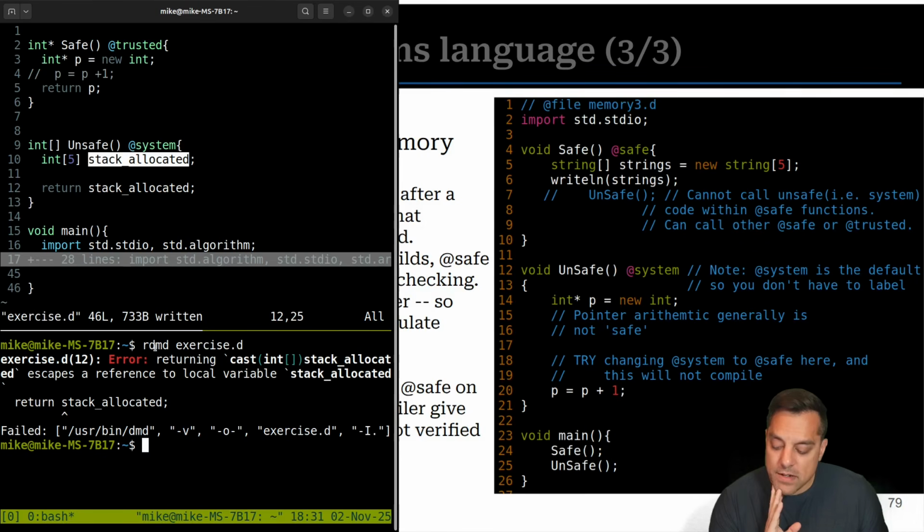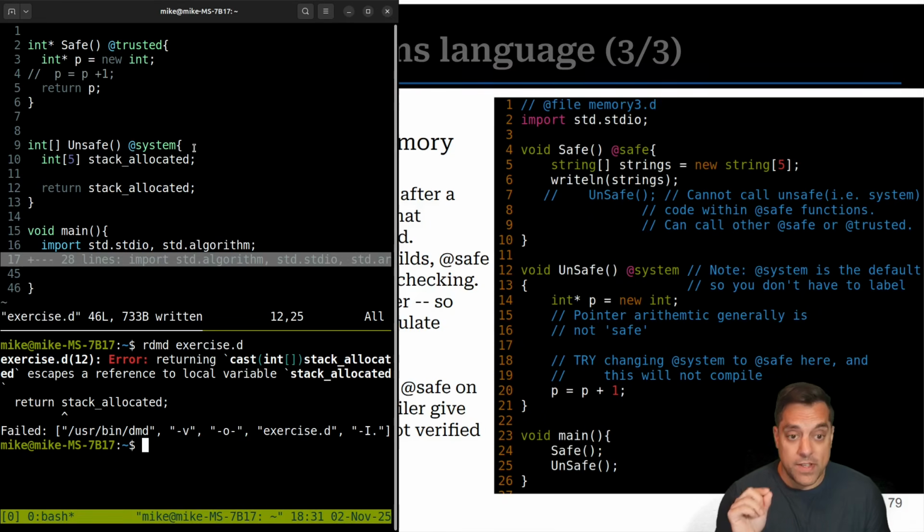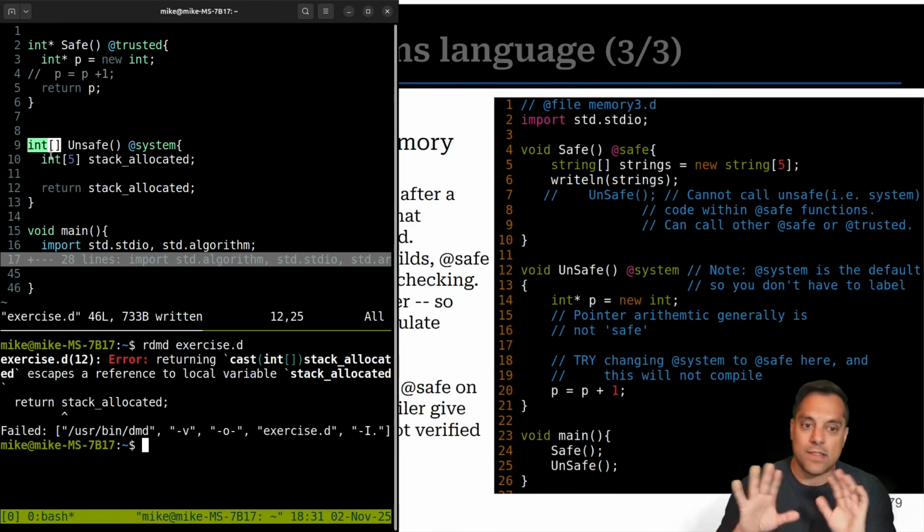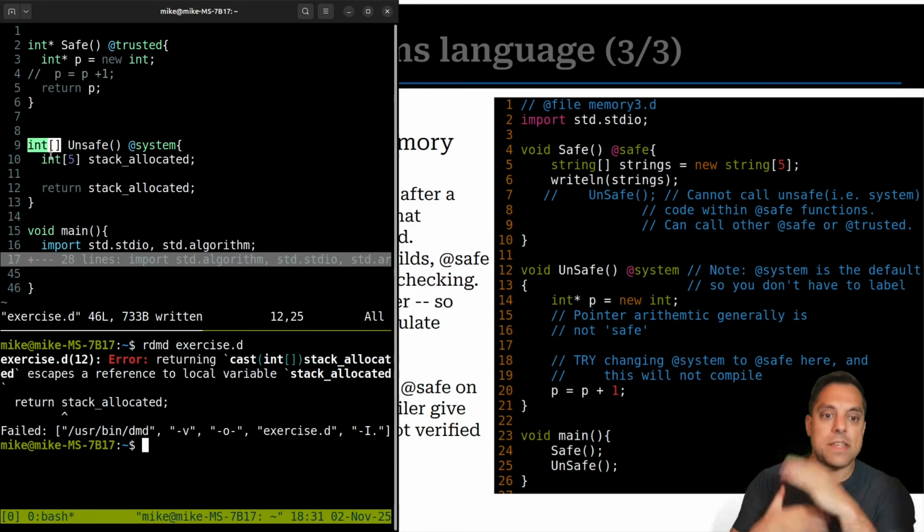But the decompiler is smart enough to say, hey, you're returning basically a stack allocated array, right? Because fixed size arrays are local variables. If I try to return that, even though I'm returning it with this dynamic array thing, this is going to give me a slice back here. It's going to say, that's a no-go here. So D has some of these nice built-in protections from you in the compiler here.